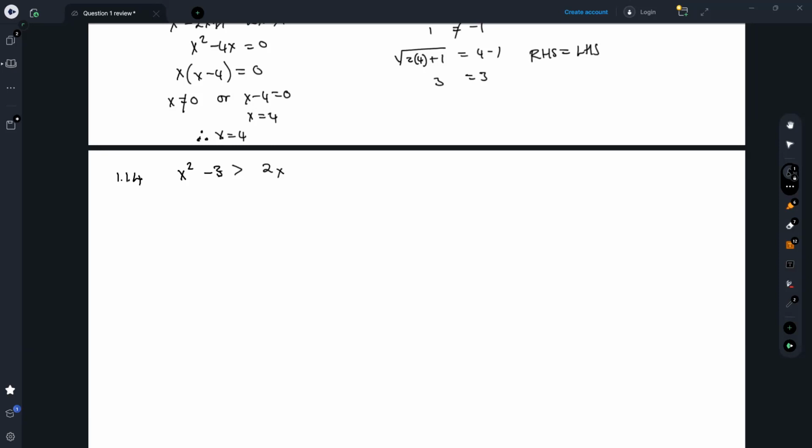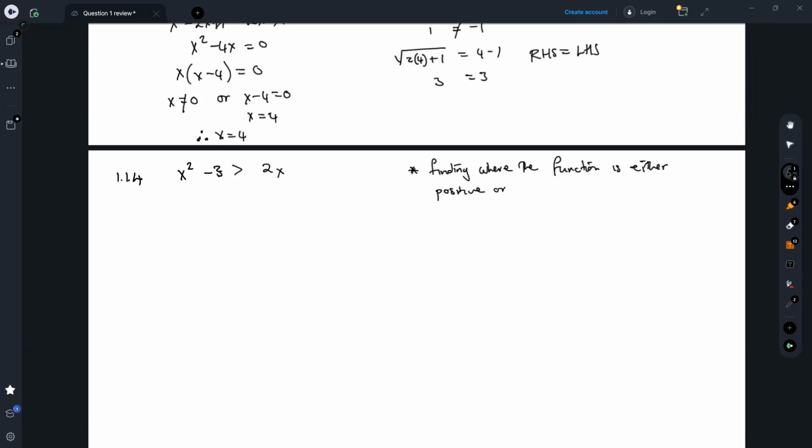Okay, so now whenever you are dealing with an inequality, what I want you to think of is that this is where you are finding where the function is either positive or negative. So here we're actually finding where the function is either